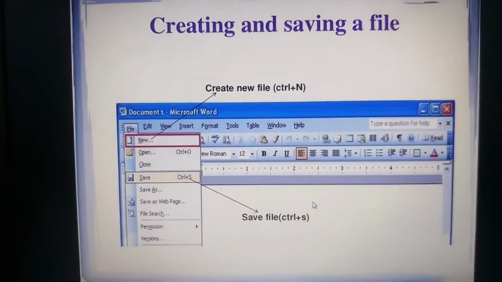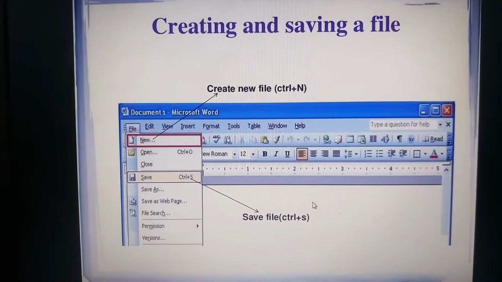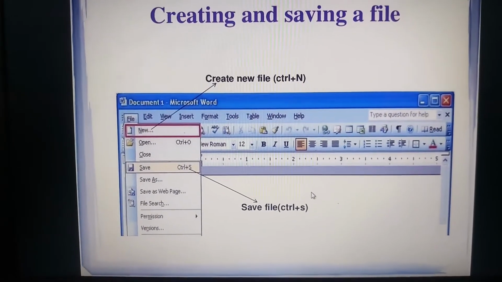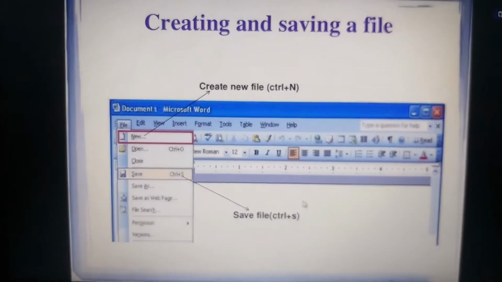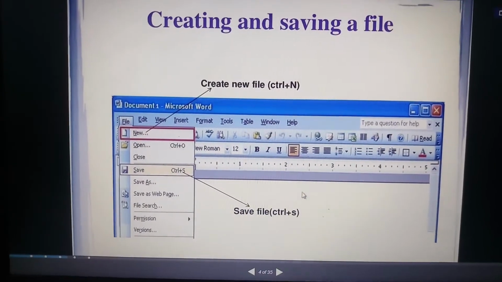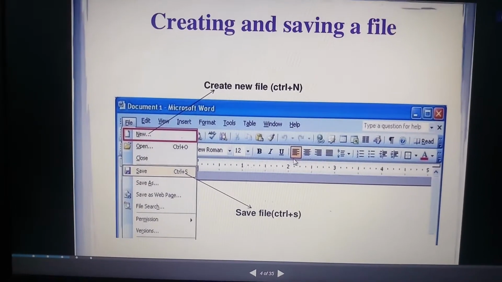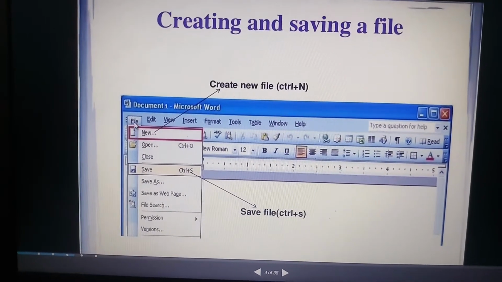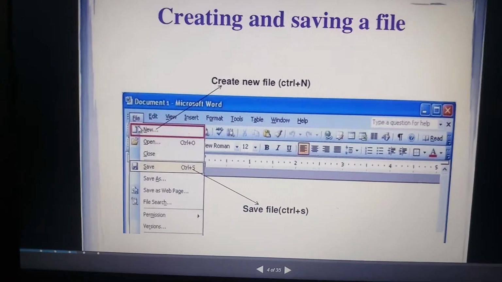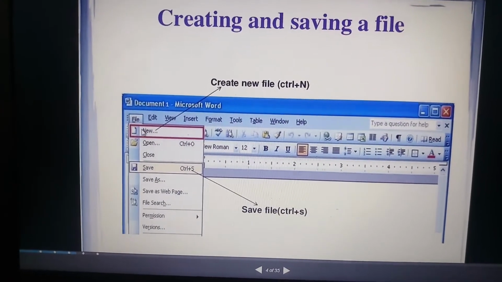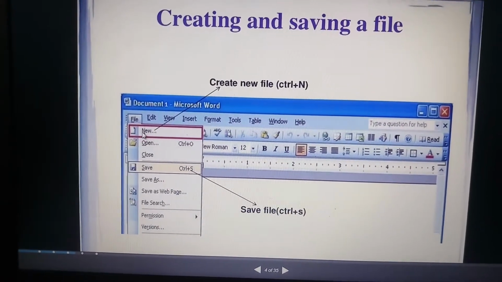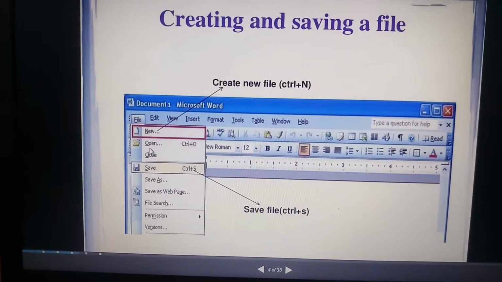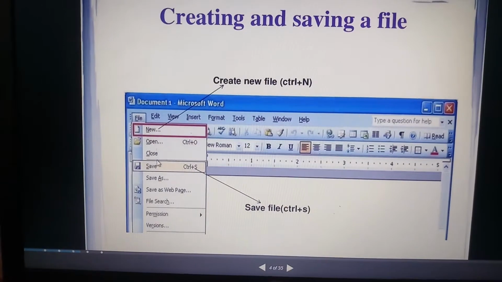In this video, I am going to share how to create a document and save as a file in MS Word. While using the MS program, we are able to create a document. So in the computer, when clicking MS Word, the screen appears like this. The File option is in the menu bar at the top. When clicking the File option, you can see options like new, open, save, close, like this.